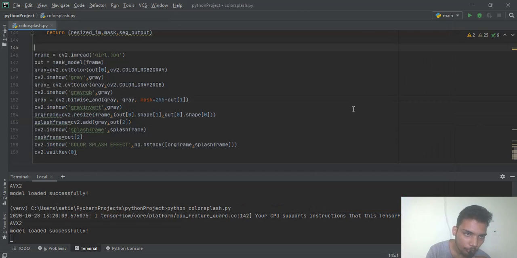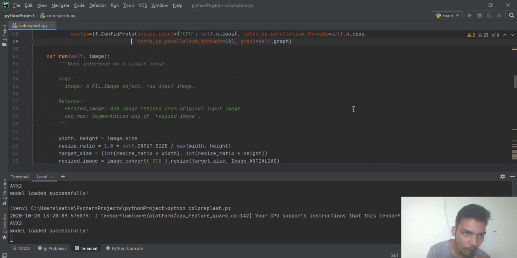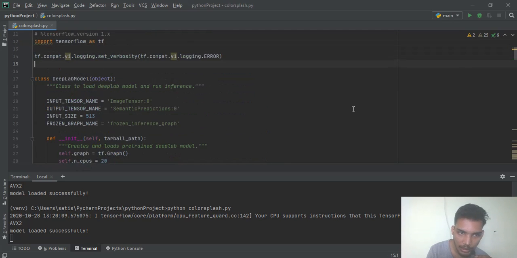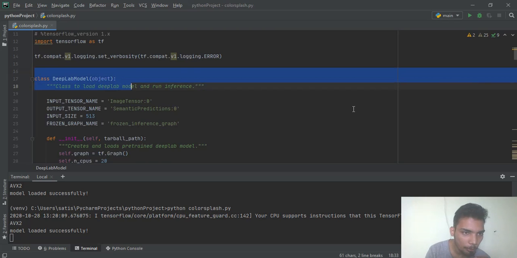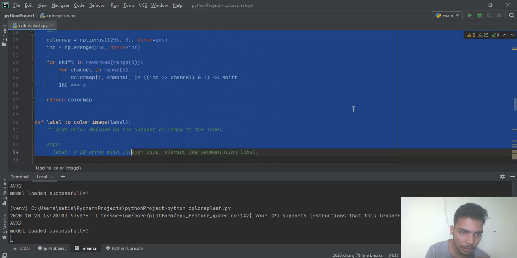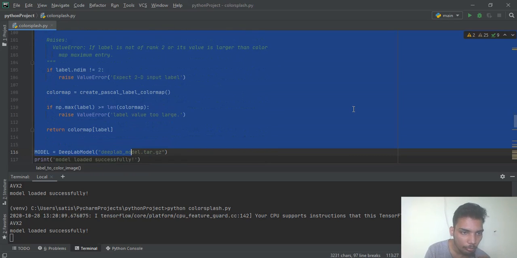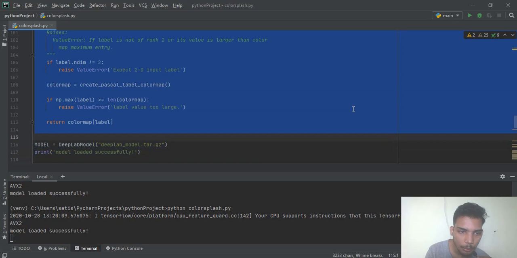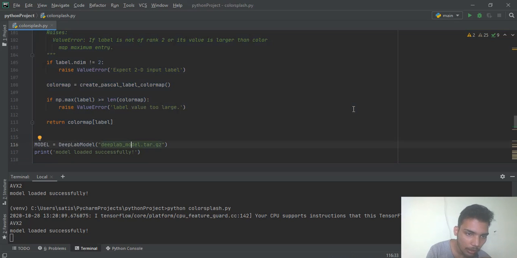Here, this class is used to load the model and run the model through the image. This is predefined in the GitHub source. It is open sourced. We will input the model file, the zip file. It is provided in the description in my GitHub code. Check it out. I'm passing the model path to the deploy model,